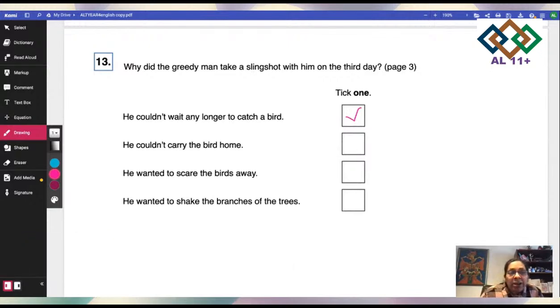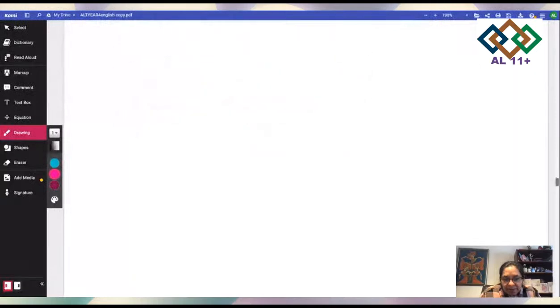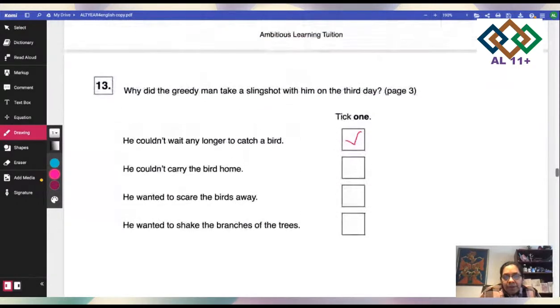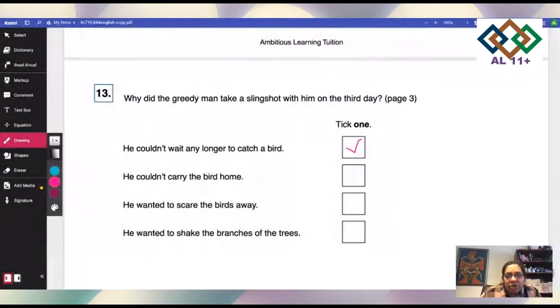Good. I think so. That's the end of the comprehension. So, how did you like the comprehension? That's the last one. Yeah, we are done. How did you guys like the comprehension? Did you like it? So, which character in the comprehension do you guys like? This is a question I'm asking you guys.